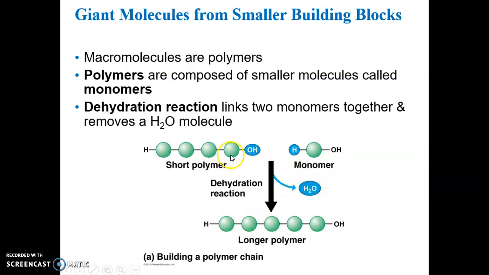In green are the carbon molecules. They're not labeled, but that's a carbon molecule. It has a chemical bond with this OH group, a functional group, by the way. This carbon-based molecule, and that's carbon, has a chemical bond with that hydrogen, which is its functional group for this reaction. So what happens is when these two molecules come together, this larger one and this small monomer, the chemical bond with hydrogen in this monomer